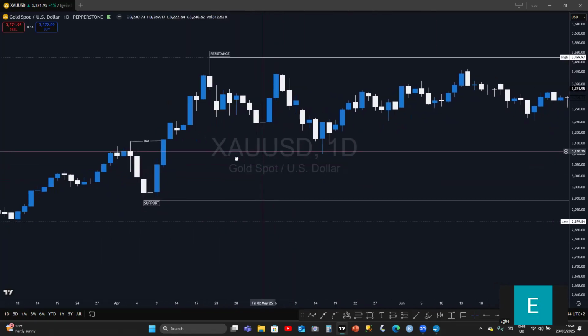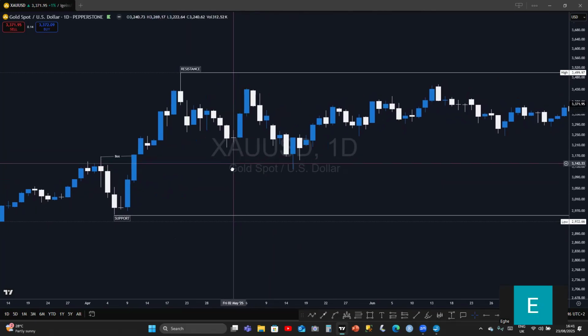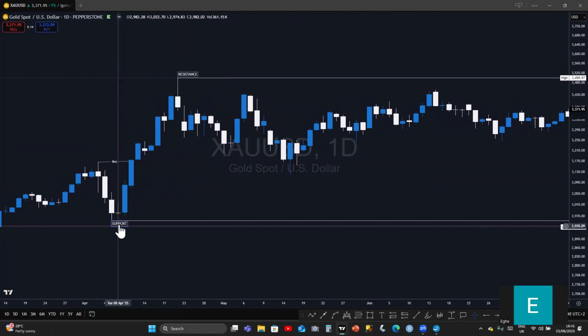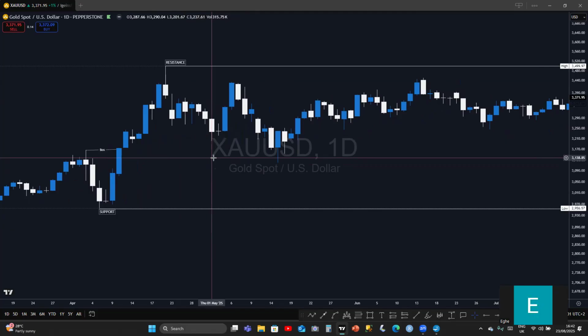No, continue. Okay. So here is the support. This very point is the break of structure, and this point here is our resistance. All right. Now,